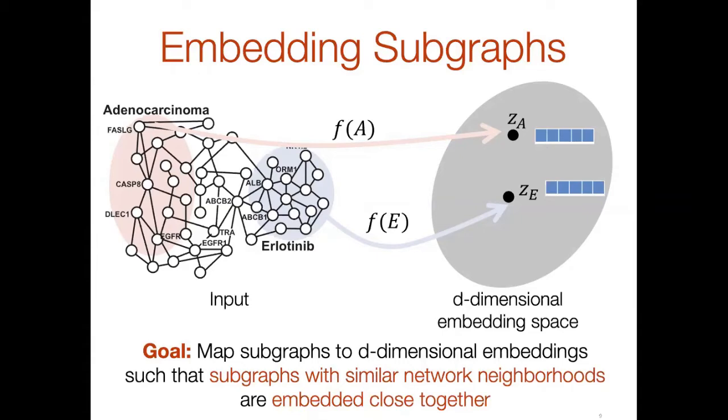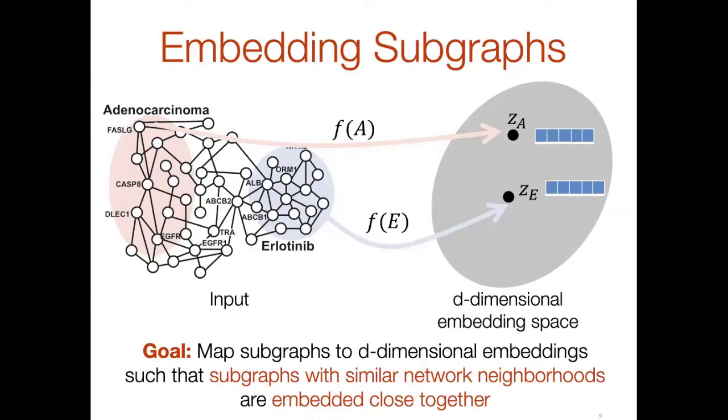And then our embedding function, here denoted by F, is a function that maps each and every subgraph from the left to a point in that low-dimensional compact space on the right, such that two subgraphs on the left that have similar topology or are proximal in the underlying protein interaction network would be embedded close together in the space. So in doing so, we can really operationalize this concept of being close in the pharmacological space, and we can make it computable. So really the question becomes what's hiding behind that function F